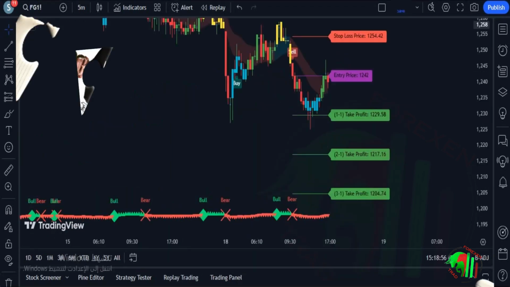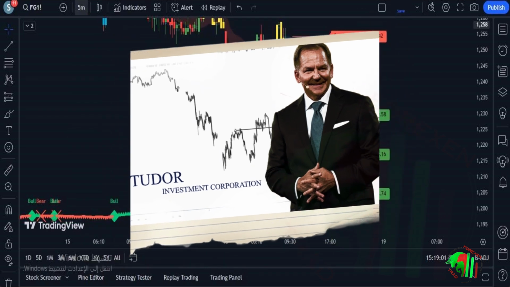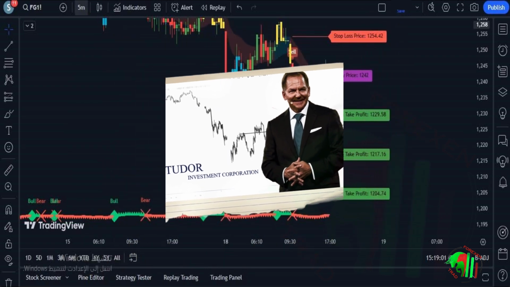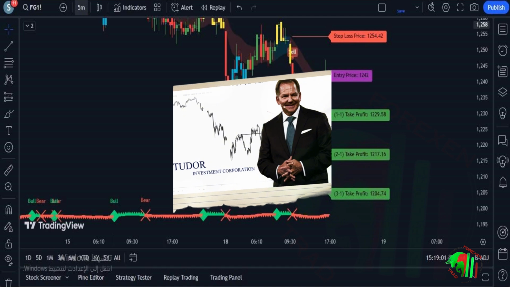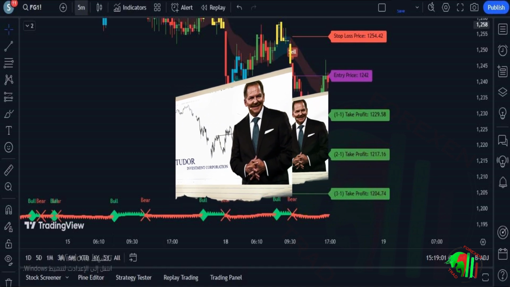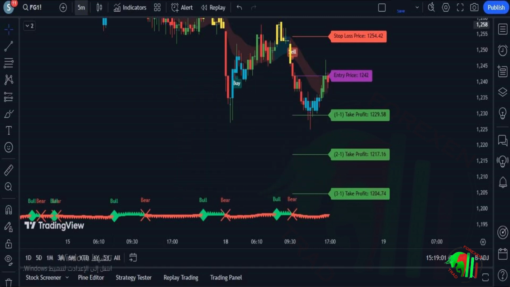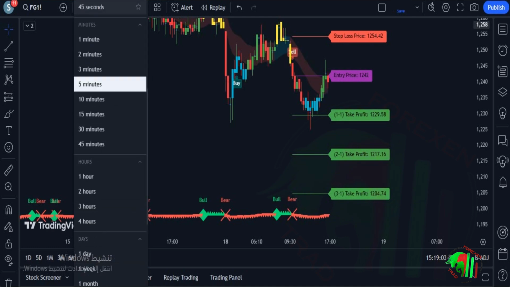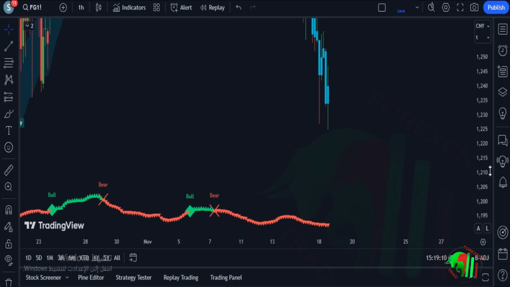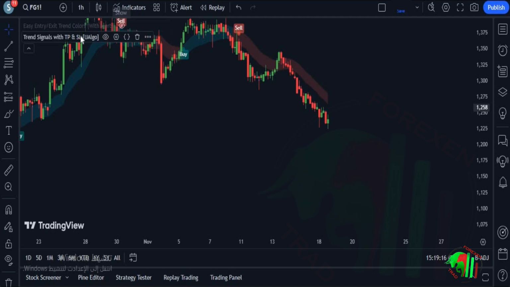Now let's understand how Paul Tudor Jones trades by focusing on prevailing market trends and capitalizing on them, while managing risk and adapting to changing market conditions. He remains disciplined in identifying strong price movements and follows them until signs of weakness or a reversal in the trend appear. We'll search for the right asset, whether it's a currency or a stock, and we'll start by changing the time frame to 1 hour. After that, we'll hide the indicators to get a clear view of the trend.